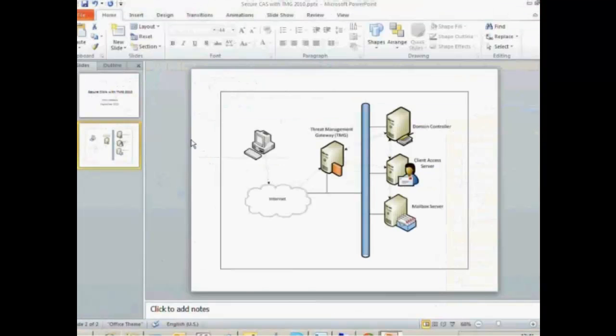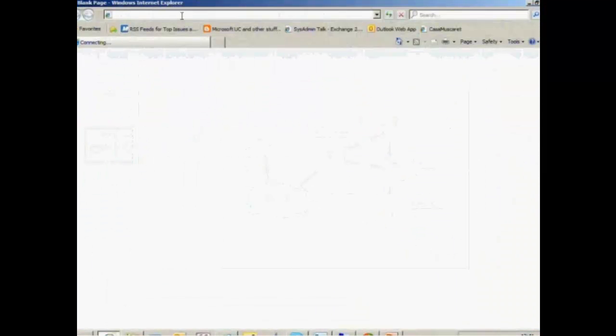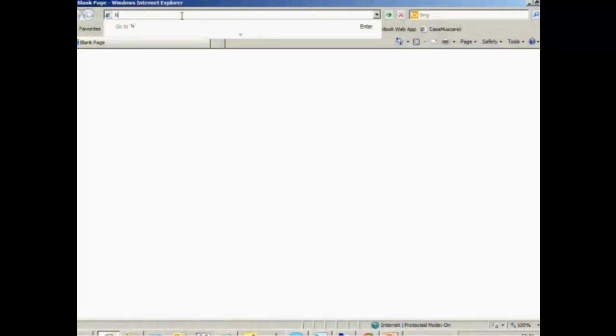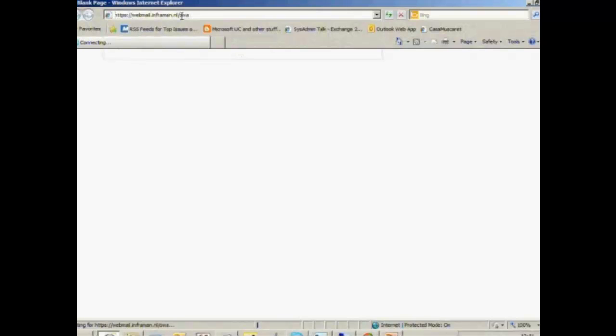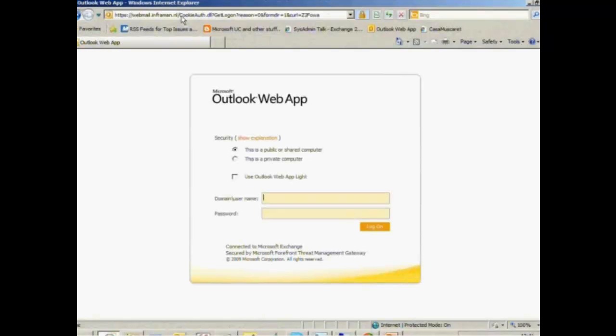So we open a browser here. Here, this is the web interface from the TMG server.